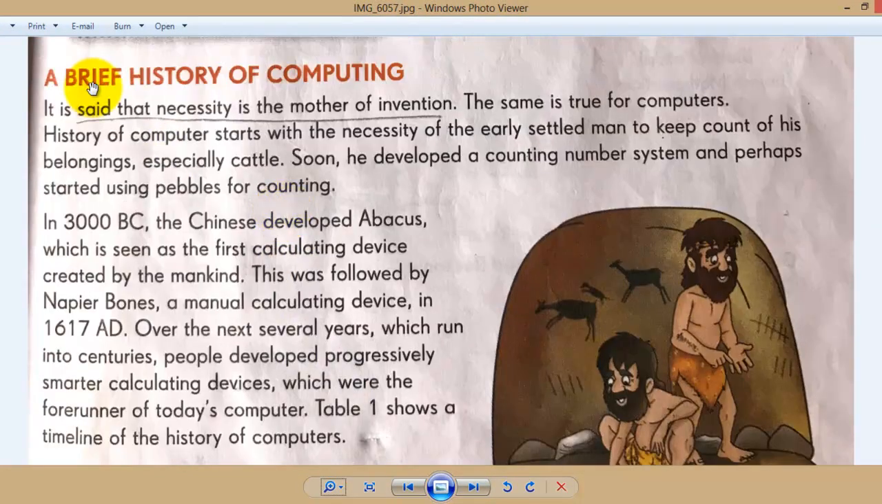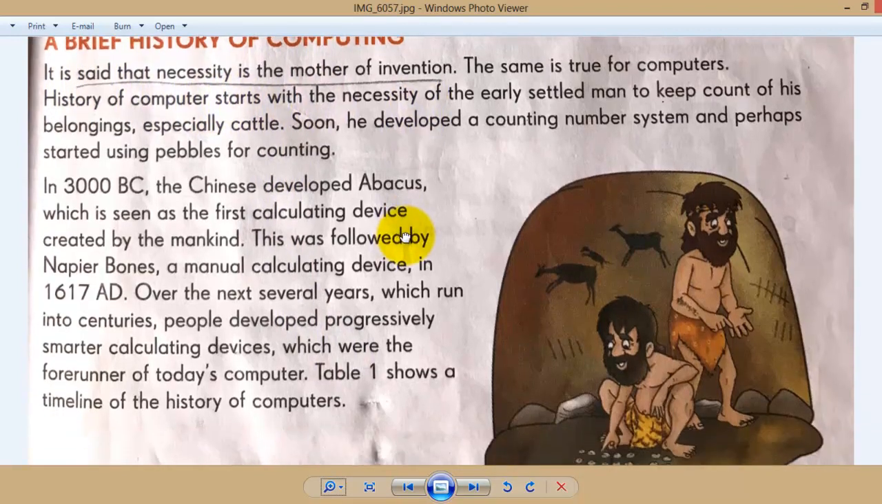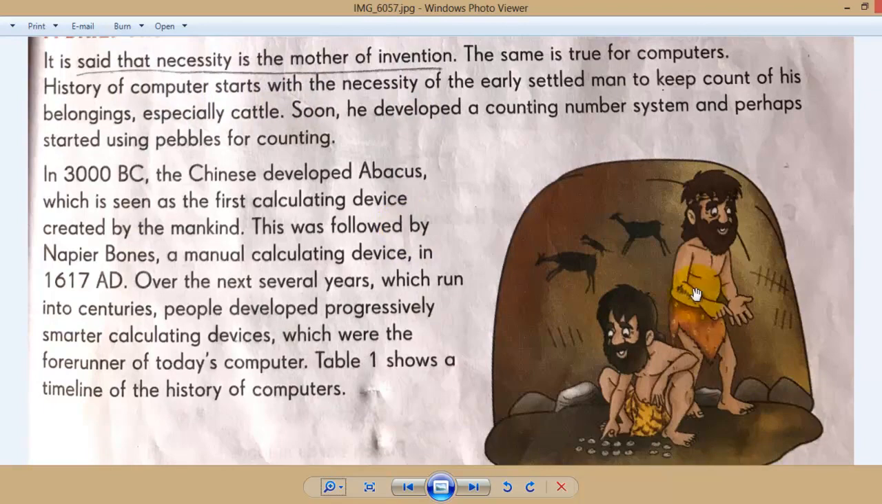A brief history of computing. It is said that necessity is the mother of invention. Look at the picture here, also in earlier days. Necessity is the mother of invention, which means